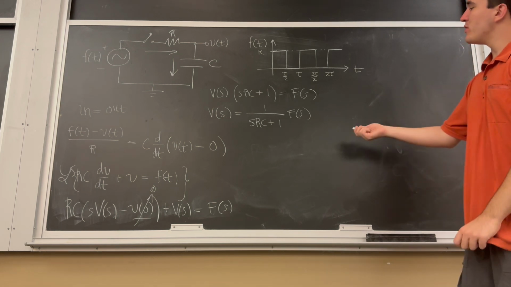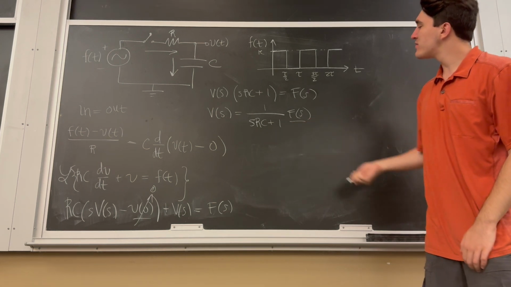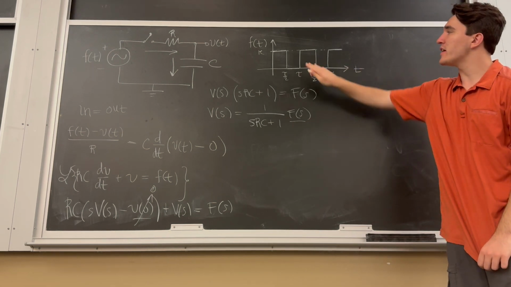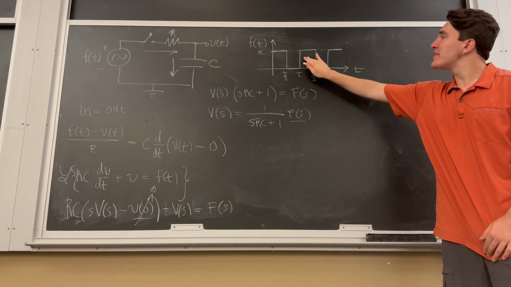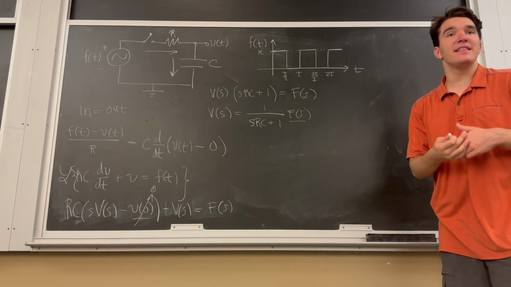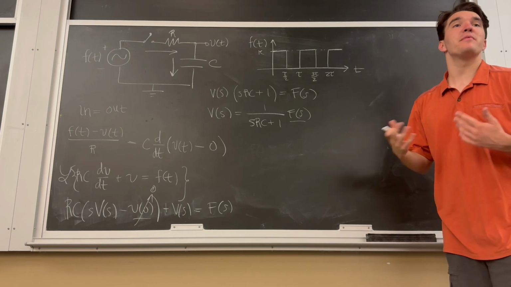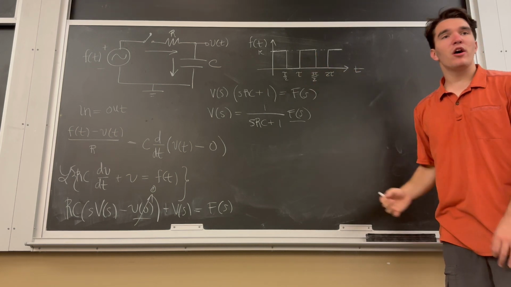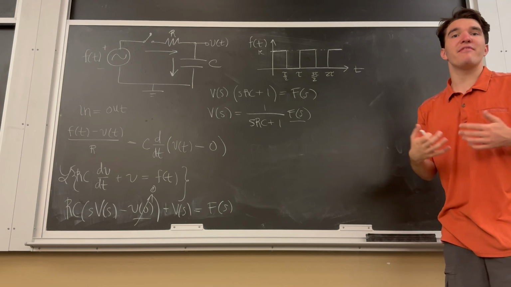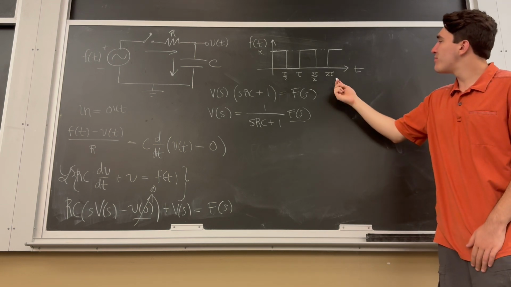So now the only thing for us to do is to find the Laplace transform of the forcing function, this function here. Well, before we do that, let's just represent this function in the time domain, not even in the Laplace domain, and then we can go from there. So how can we represent this function in the time domain? Well, hopefully you understand that we're going to need to use Heaviside step functions to represent this